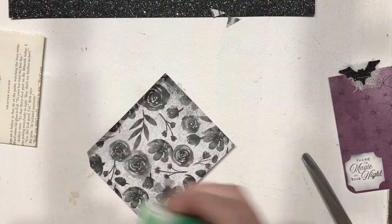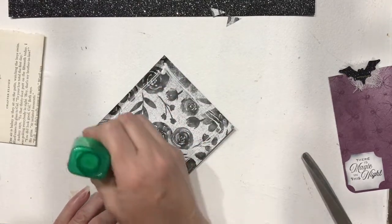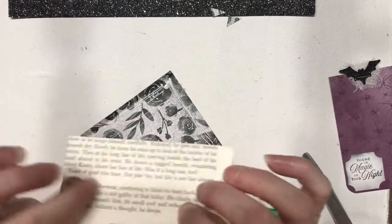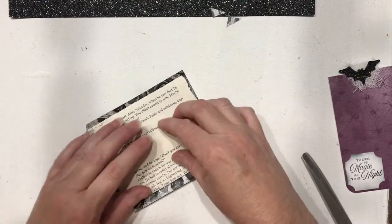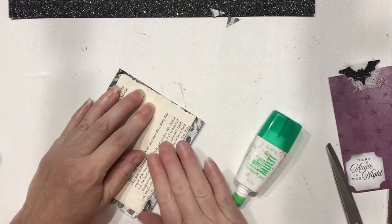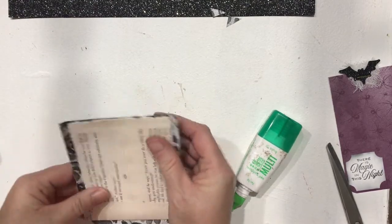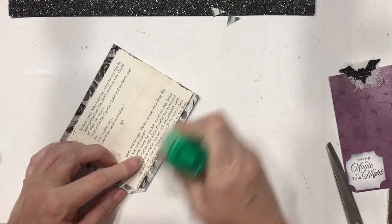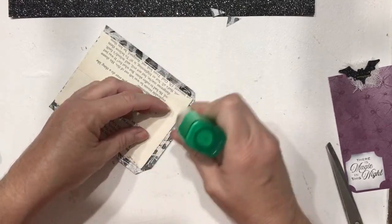And then I open this back up. Go nuts with my glue again, and I'm just going to go on the inside of this. Just like that. The solid side of your book, not where you put the seam, but the solid side, lay it down on the inside of that pocket page. Kind of squish it down a little bit. And it doesn't have to be exact. Basically, all you're doing is creating a solid cover around the edge of your designer paper so that it wraps around the edge and covers the book